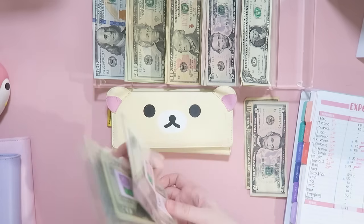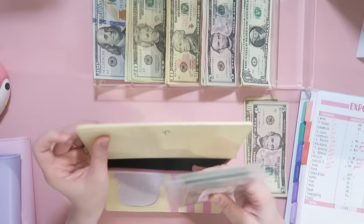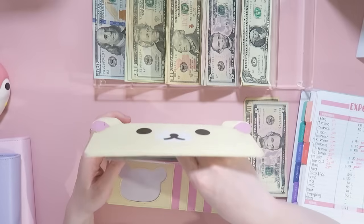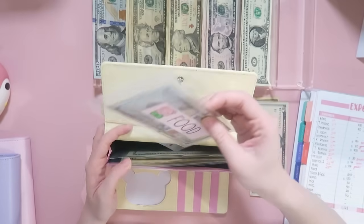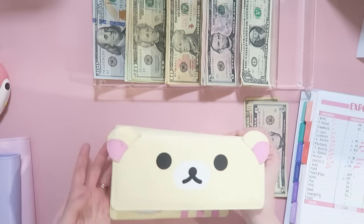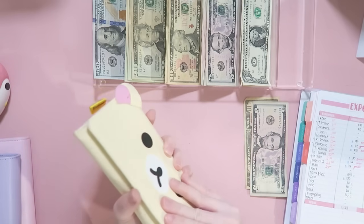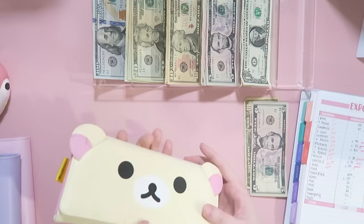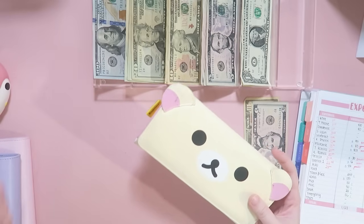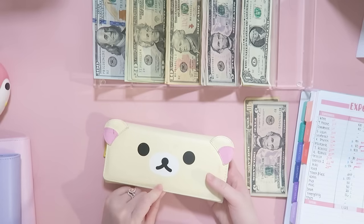Okay, so that actually sums up the envelopes here in my wallet, and I do get asked a lot if I sell these envelopes, and I don't. I'm sorry guys, these are too intricate to make, and that's why I don't deal with making cash envelopes anymore. I used to sell them here and there a little bit, but it's just too much work, and I salute the people who sell cash envelopes in their shop. It's too much work,